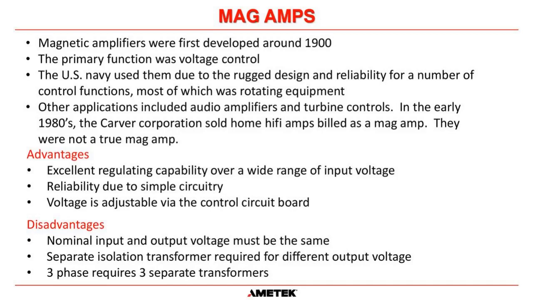Disadvantages, probably the biggest, is that with a mag amp, the nominal input and output voltage must be the same. If you want, say, a typical 480 volt input and 120 volts output, you have to have an isolation transformer to go into,